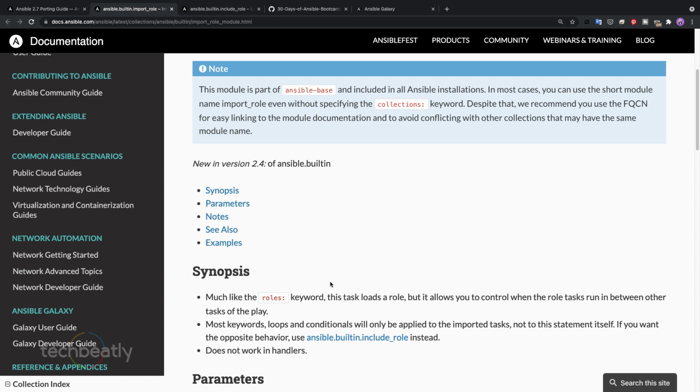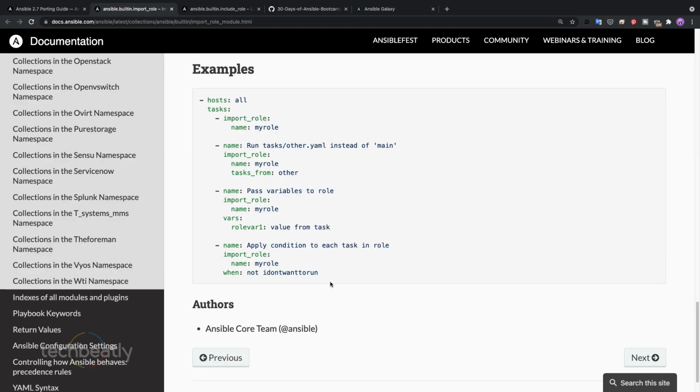Import role means it will be loaded before the execution starts. Include means it's dynamic, so when that stage is reached, it will be included. For import role, you just give the name, then you can do almost the same things like tasks from, and pass the variables, etc. You can try with a few other roles and see if it's easy to understand. Otherwise, ask me, I will publish a video on that as well.